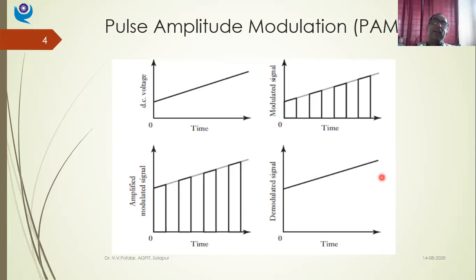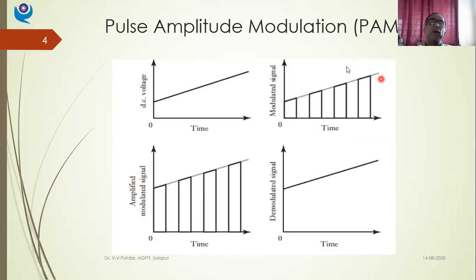Okay, so what I am doing here? I am modulating the amplitude of the input signal. Isn't it? This was the original amplitude. This is the amplified amplitude. So the amplitude I am modulating, and hence the name pulse amplitude modulation. Why pulse? Because the analog signal is converted into series of pulses. So hence the name pulse amplitude modulation. Pulse amplitude modulation. Okay, quickly recap.